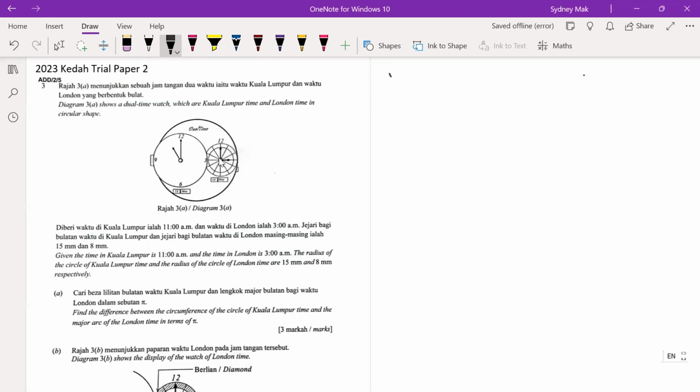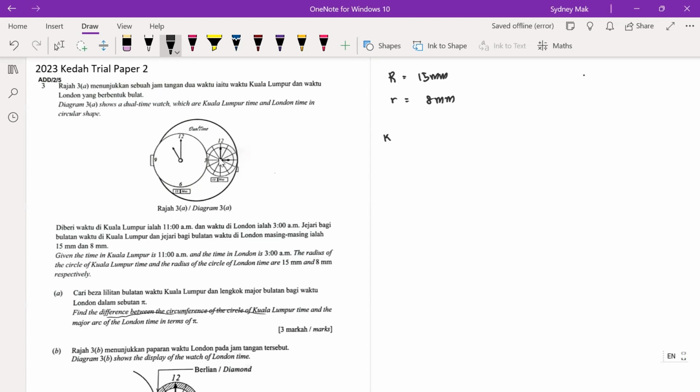Now we use capital R to represent the KL time circle. So that's 15 mm because the radius is bigger. The smaller one, we use small r to indicate that is the London time. So 8 mm. So we need to find the difference between the circumference of the circle of the KL time